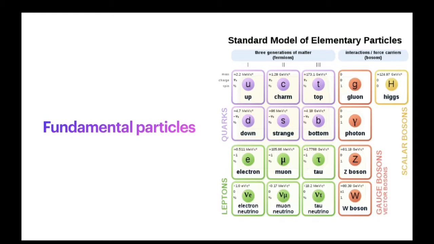The six leptons, the green things, are arranged in three generations also: the electron and electron neutrino, the muon and muon neutrino, and the tau and tau neutrino. The electron, muon and tau all have an electric charge. You can see the charge in each cell. The second number is the charge. All of them are -1, and they also have masses. Electron, muon and tau have masses, but the neutrino counterparts